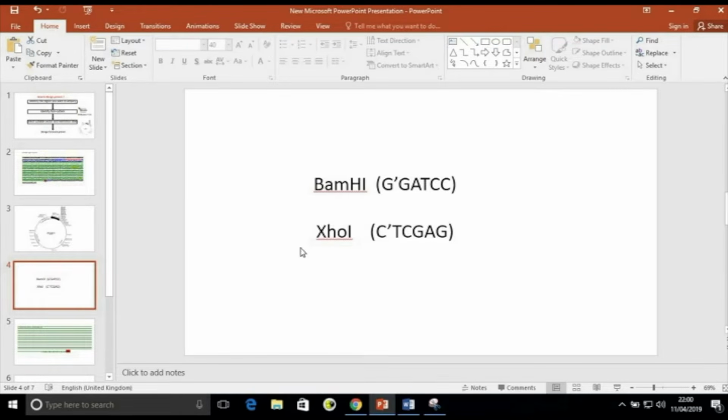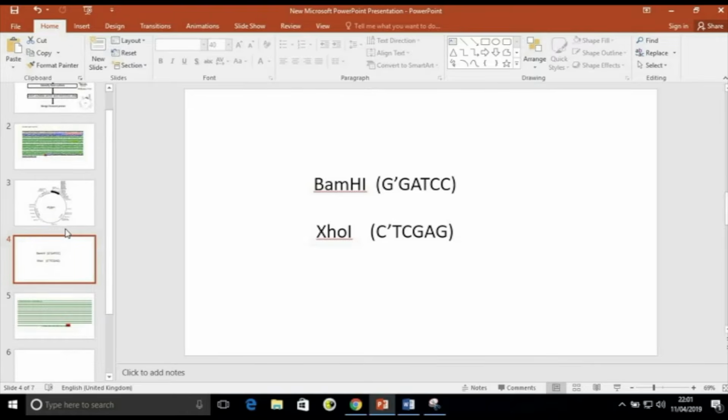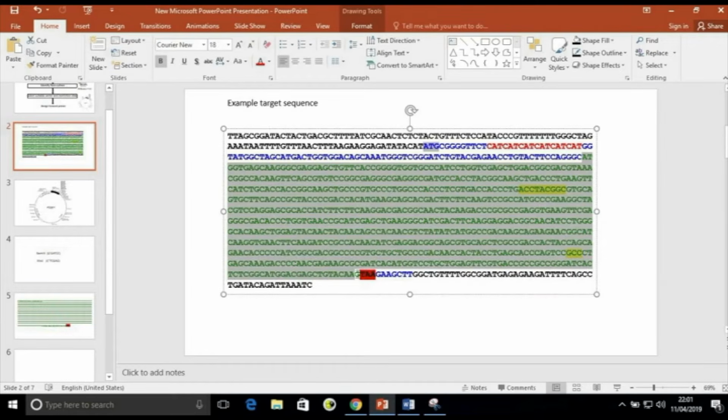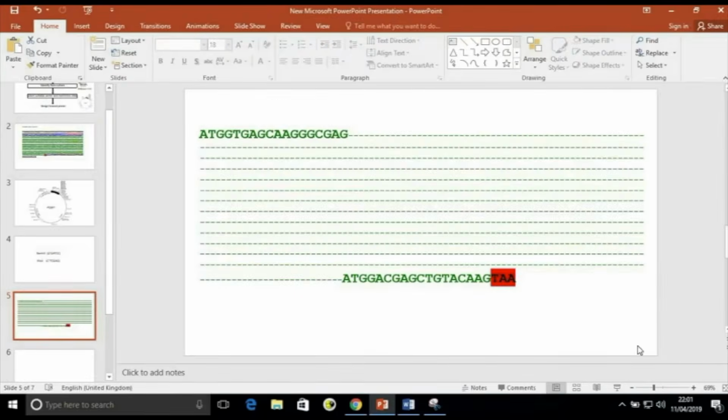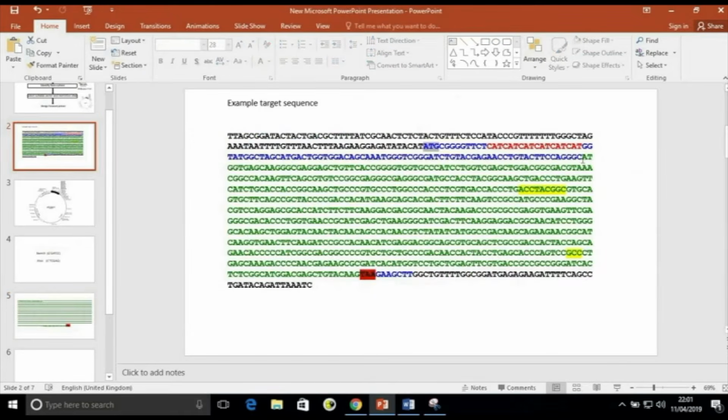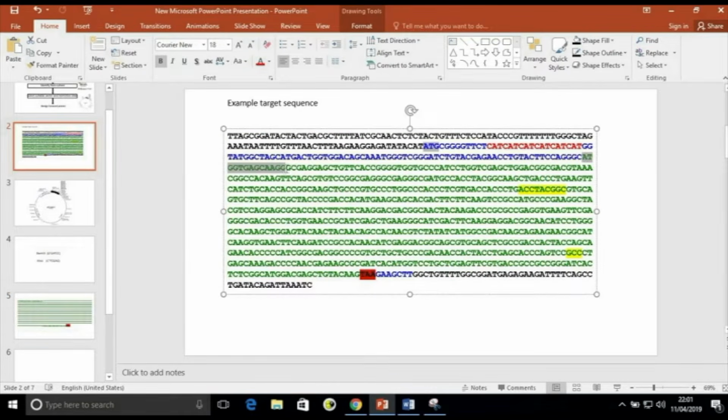After identifying the restriction enzymes and the vector, we will go for designing the forward primer. I will take this sequence. I want to amplify from here to here, so I will copy this sequence here. Designing the forward primer is very easy. You have to take the sequence, whatever you are getting, up to 15 to 20 bases, as it is.